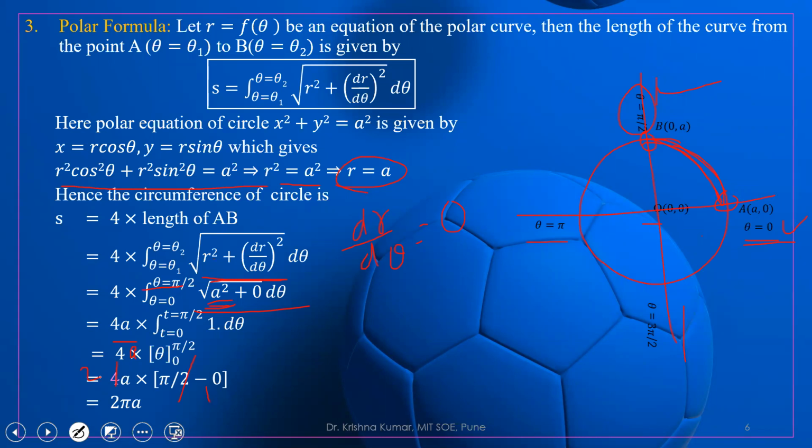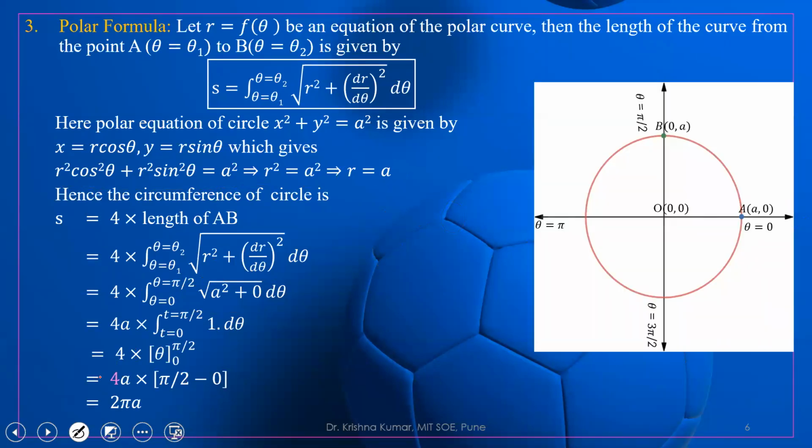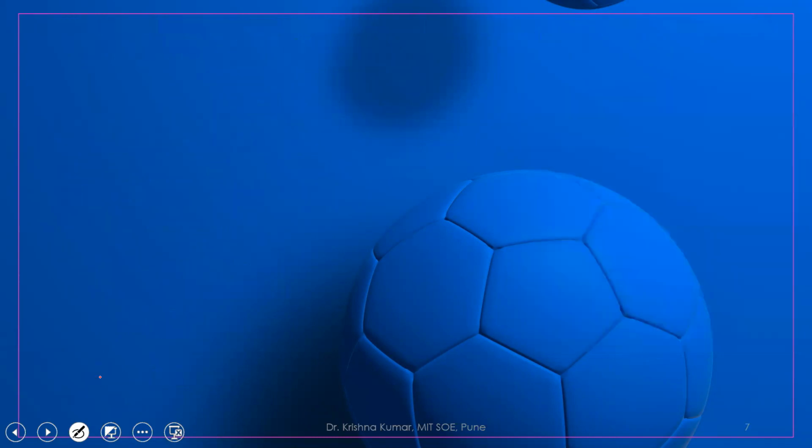Okay. So we have already seen that we can use any formula for finding the rectification of the circle, on all the curves we have studied in the last 4 to 5 lectures on tracing of curves. We can use any formula. We can write down the Cartesian curve, the polar curve, or the parametric curve. And if you apply the formula to find the rectification, we will get the same answer. Okay. Let us take one more example.